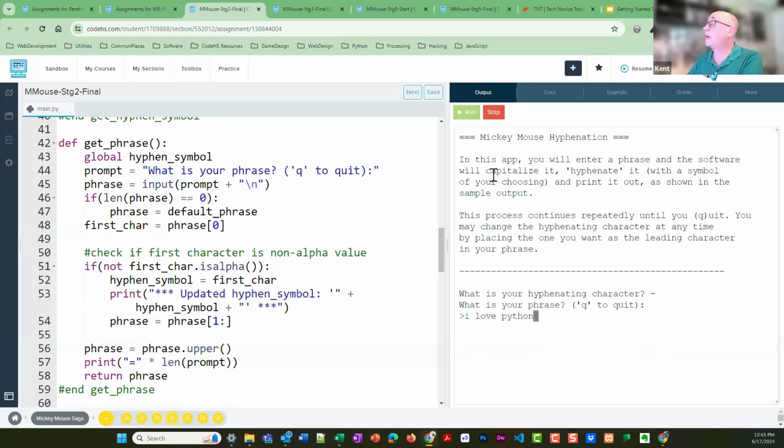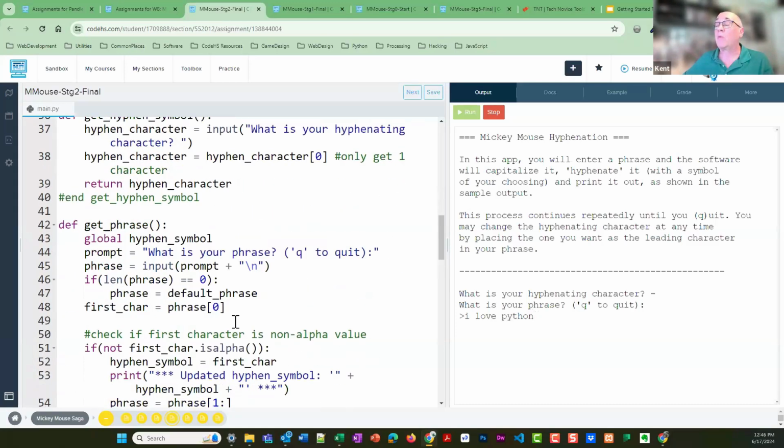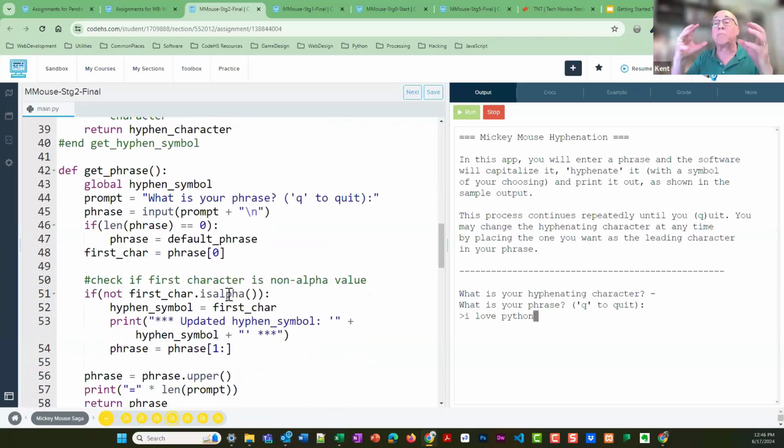So the upgrade in this stage is it looks at the first character. Notice my comments, and I teach them to put in comments early on. Check if the first character is a non-alpha value. And here again, the thing that made me fall in love with Python is there are so many built-in functions based on data type. Look, I'm grabbing the first character of my phrase in room 0. Is the first character alpha? So look what we've seen so far: dot upper, dot is alpha. It's using built-in functions. And I teach them there's a wealth of these. Study them as quickly as you can because that means code that you don't have to write.